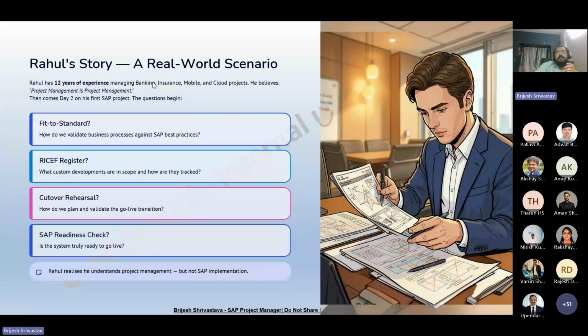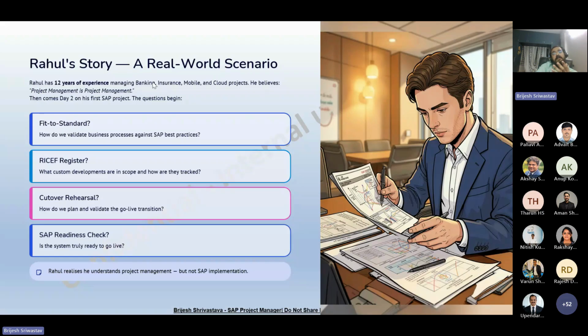Okay. So many of you know, many of us probably think the same way. Rahul joined an SAP S/4HANA implementation, and on the first day everything looked normal. He attended the kickoff meeting, did the client review, and tried to prepare the project plan, and he is very confident. But on the second day, as the real SAP project begins, during your morning meeting...